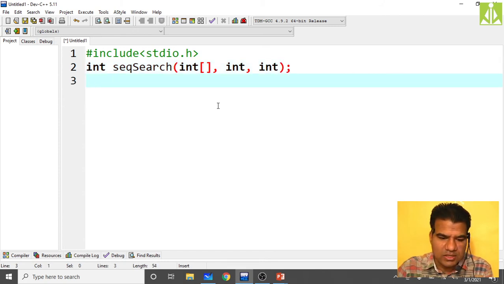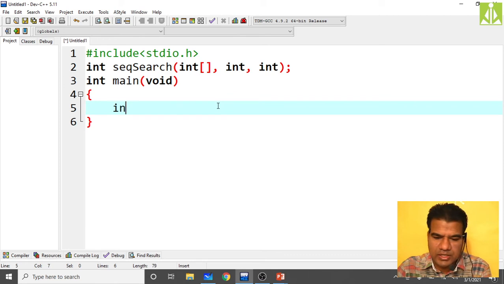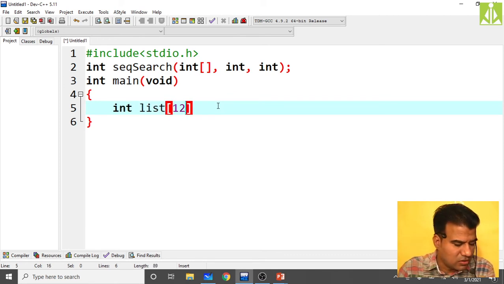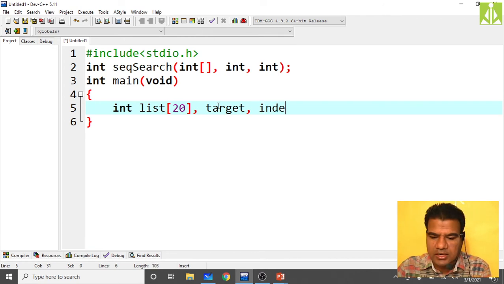Then write the main function. Here take an int list of 20 elements, and I'm going to read around 5 elements only. Then take an integer target to read, then index to run, then size to check the array boundary.